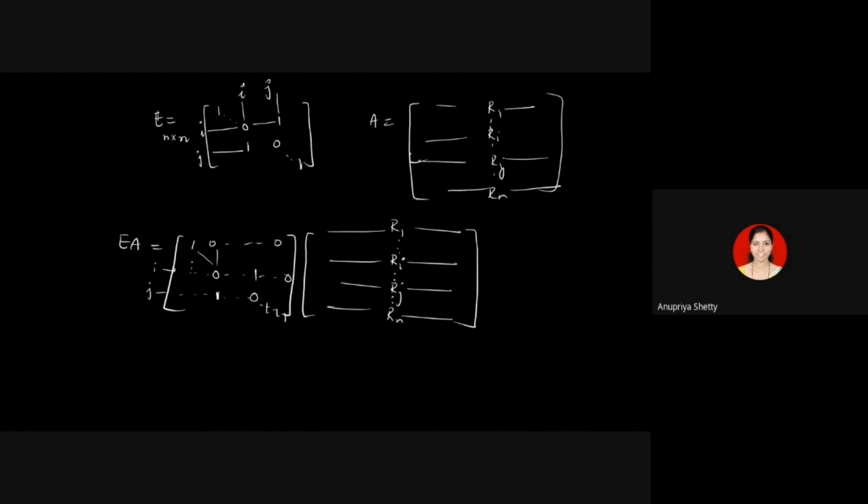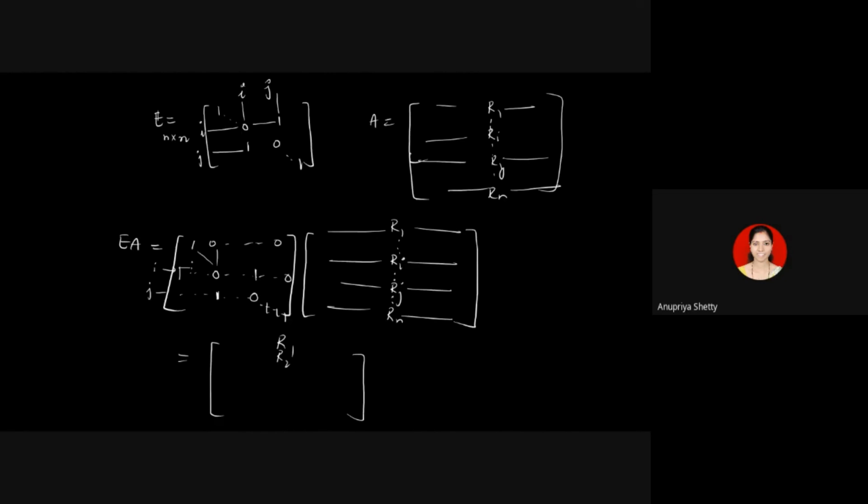Okay, so what will happen? First row with this matrix, what do I get back? Just like the previous case, I would be getting back the first row R1 itself. When the second row is multiplied with each of the columns, you would get the entries from the second row, so you'll get the second row as it is.